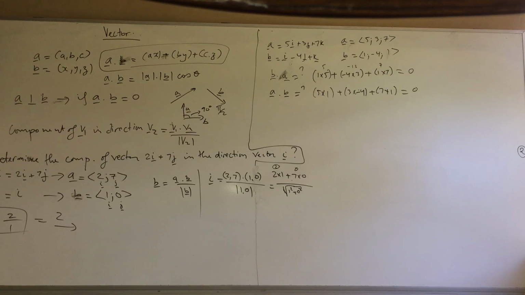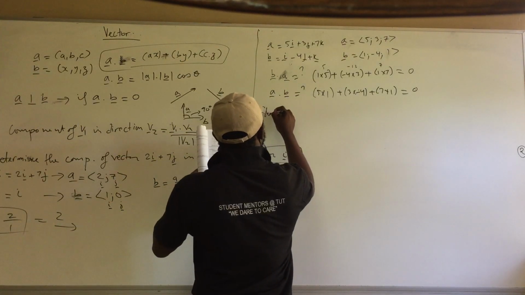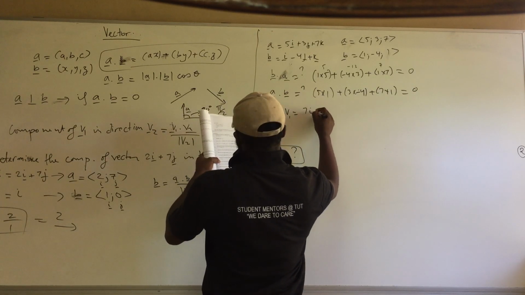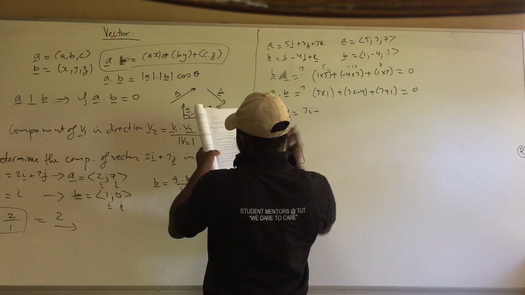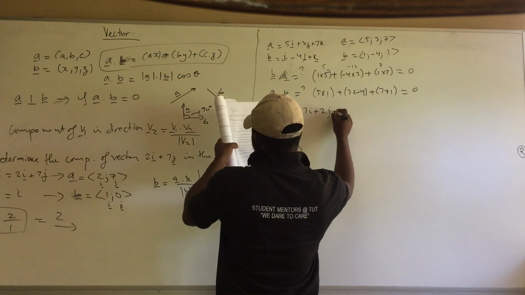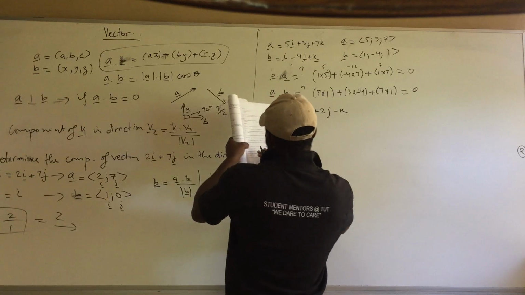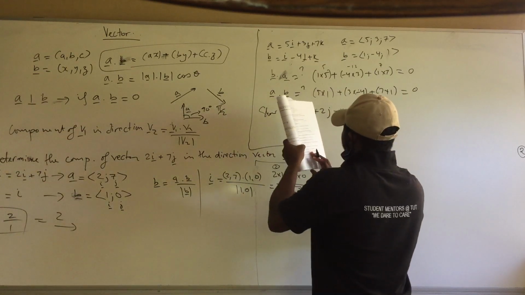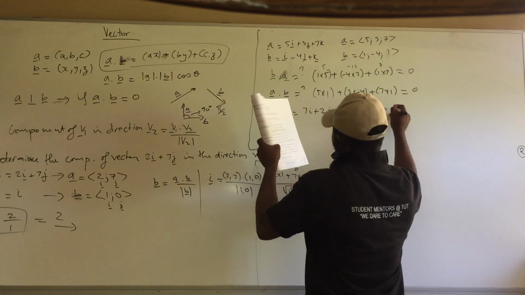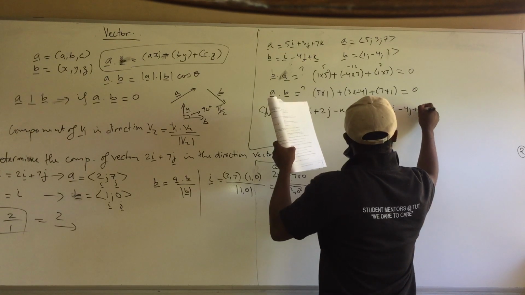They say, show that vector 1, which is 7i plus 2j minus k, 7i plus 2j minus k, and v2 equal to i minus 4j plus k